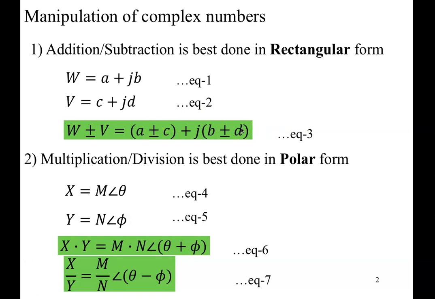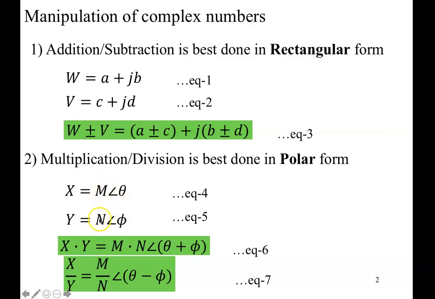But when we do a multiply or divide, it's best done in the polar form. So you need to really convert whatever, if they are not already in the polar form, you need to convert them into polar form. Because then, if I multiply two complex numbers in polar form, all I need to do is